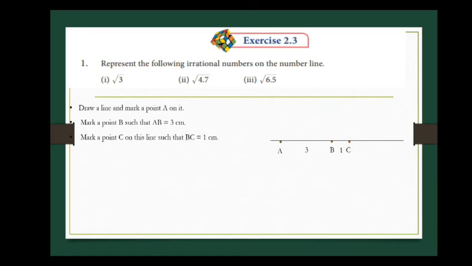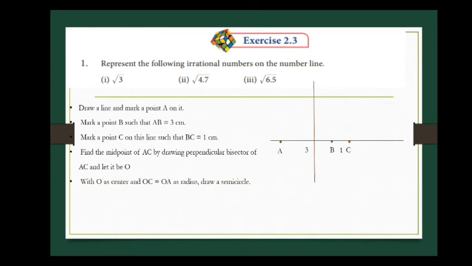To find the midpoint of AC, what do we have to do? We have to draw a perpendicular bisector. A perpendicular bisector divides the line segment AC into 2 equal parts, and that line will be at 90 degrees, that is perpendicular to the line AC. In the previous video itself I have told you how to draw a perpendicular bisector. When you draw it, you will get a line like this which intersects the line segment AC at the midpoint. Mark that as O.